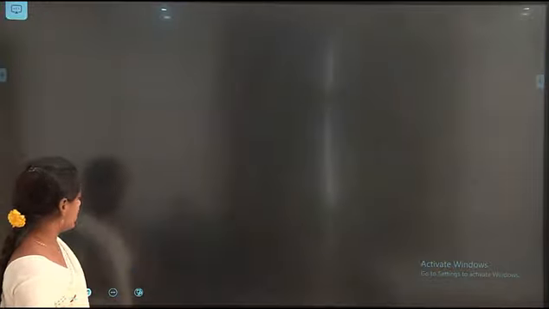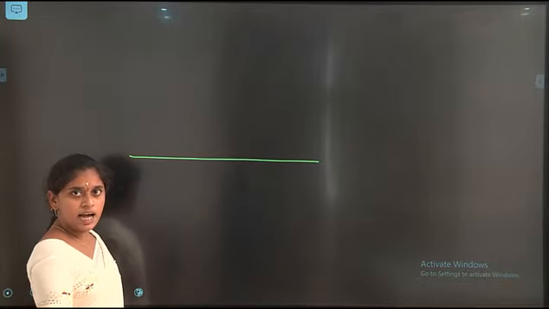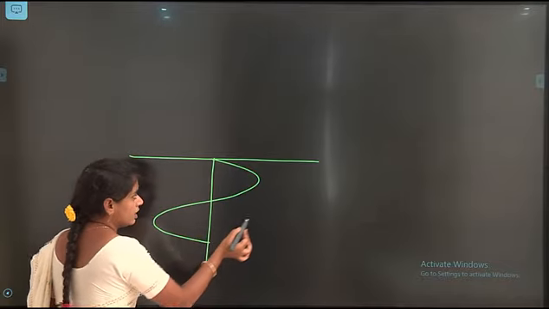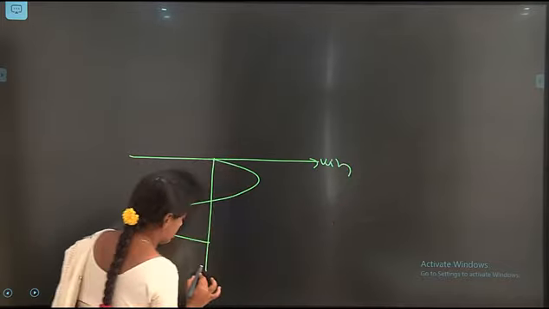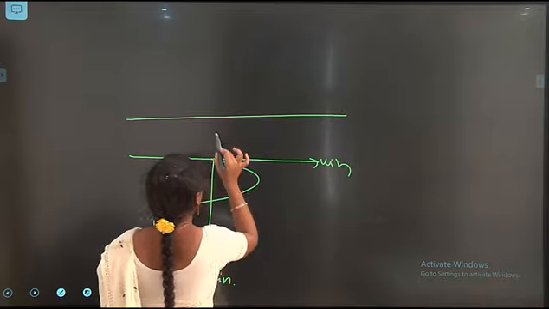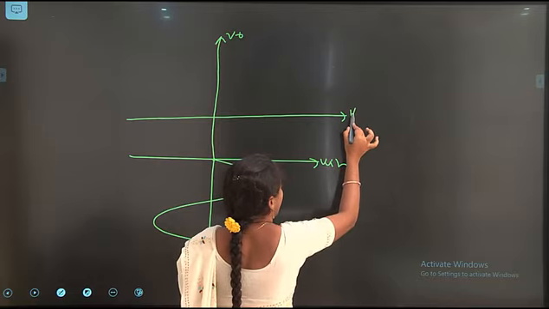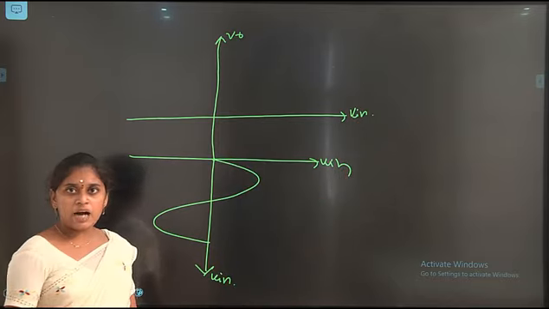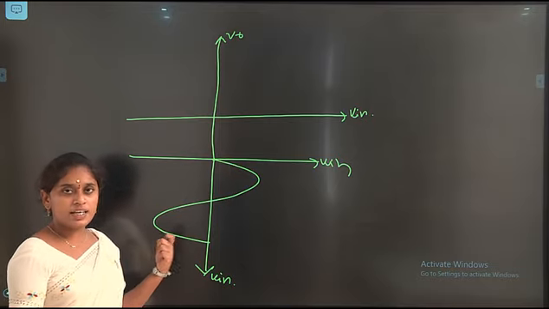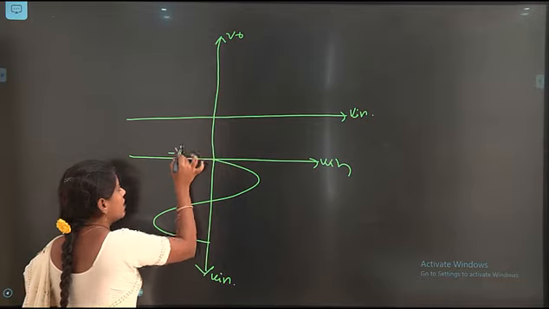How do we draw the transfer characteristics? We have to observe. So this line indicates the input signal, that is the sinusoidal signal. So that is V input and this is also V input. And the line above indicates the transfer characteristics. So that is V naught and this one will be V input. Here we have to take the two conditions. What are the conditions? That is minus VR2 and plus VR1. So minus VR2 is nothing but in the negative direction. That is minus VR2.